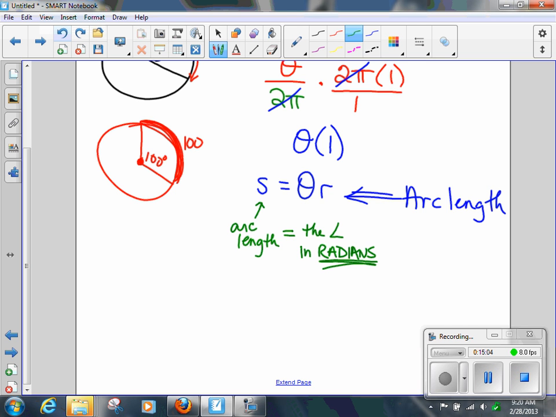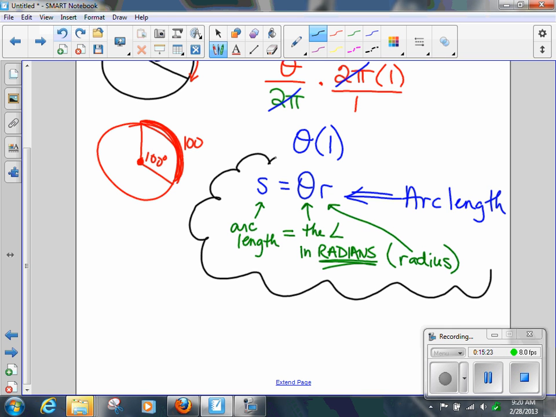Because remember, we're dealing in trig now, okay? Arc length is equal to the angle in radians times the what? The radius. And radius is the radius. Now, folks, this you can put on your card. You do not have to put a cloud around it or a bubble. Important,